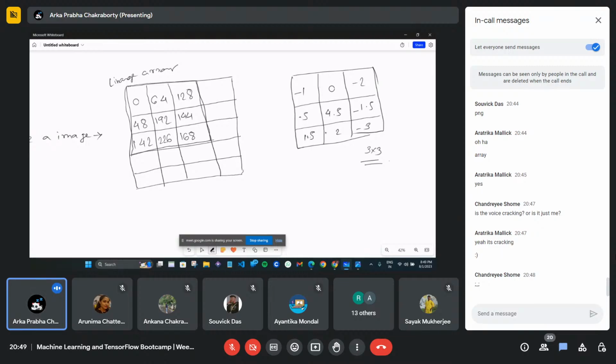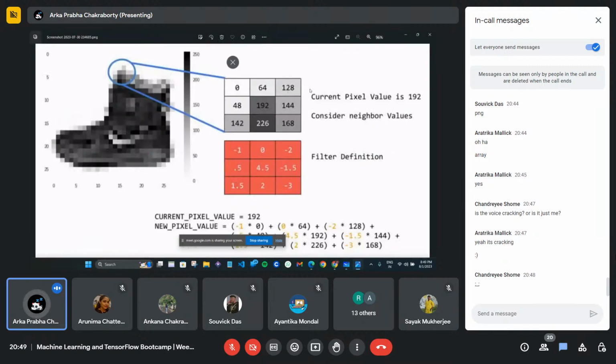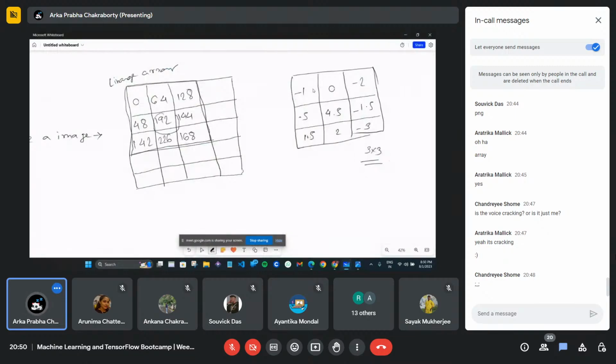It will change certain values. If you multiply minus 1 into 0 and 0 into 64, there will be some changes. This is for this value, and we have to go through all the pixels.